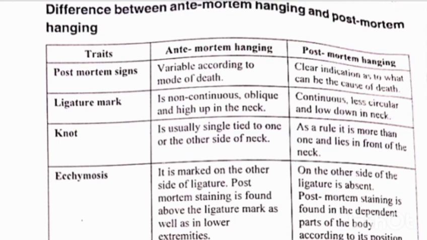The knot in antemortem is single, tied on one side of the neck, but in postmortem, as a rule, there is more than one, lying in front. Ecchymosis in antemortem hanging is seen at the mark on the other side of the ligature. Postmortem staining is found above the ligature mark as well as in the lower